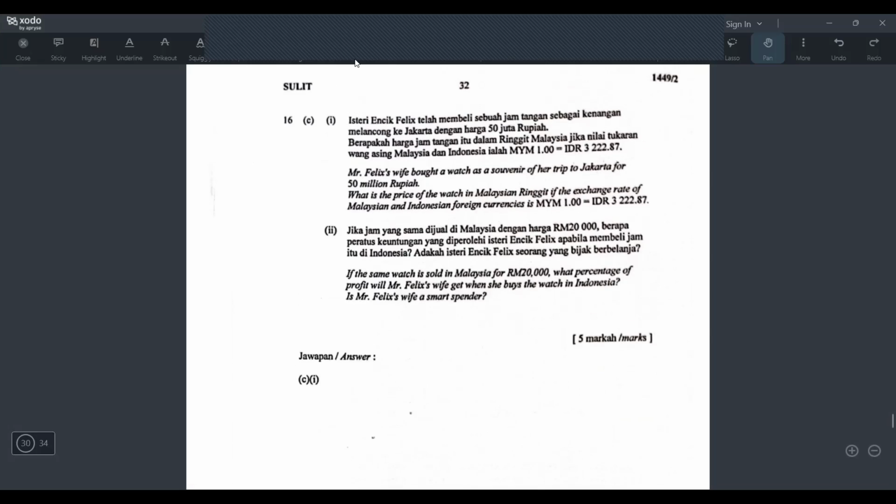Okay, there's still one question left. So let's read the question. Mr. Felix's wife bought a watch as a souvenir of a trip to Jakarta for 50 million rupiah. So this is the price of the watch. What is the price of the watch in Malaysian ringgit if the exchange rate of Malaysian and Indonesian foreign currency is RM 1 equivalent to, I assume this is rupiah,